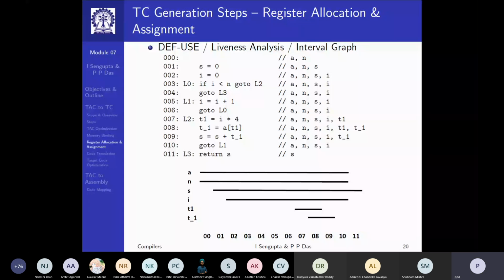So here I show a very simple technique which is often used to compute the liveness of the variable. If you see the code here, you will see that within this code, the value of a and n, both of these are used, and they have not been defined. So naturally, when the code starts executing, there must be valid values in a and n. So there is something that has happened before this code,